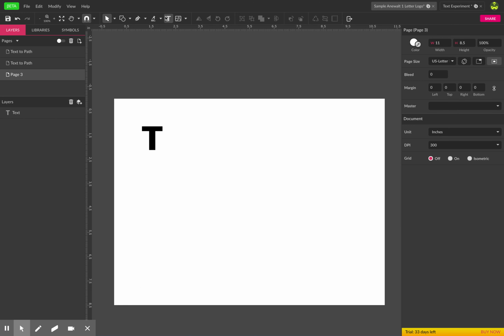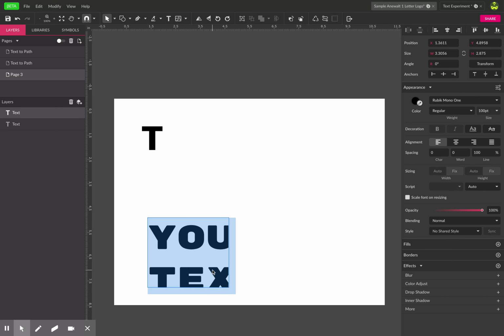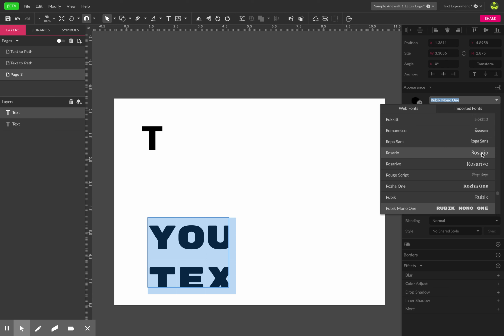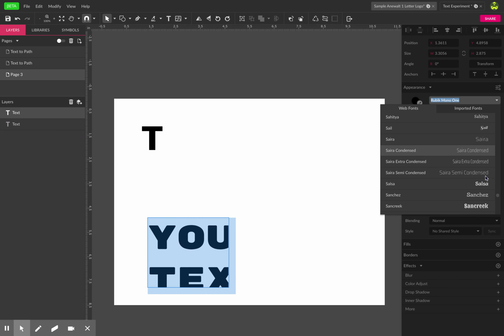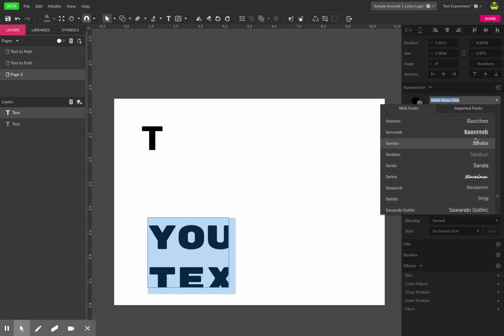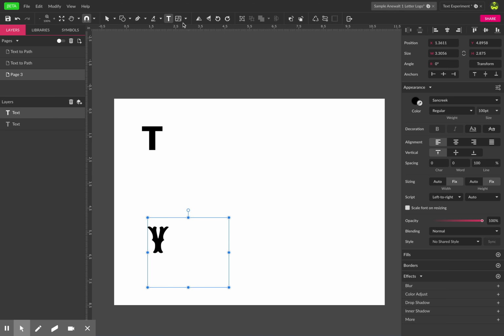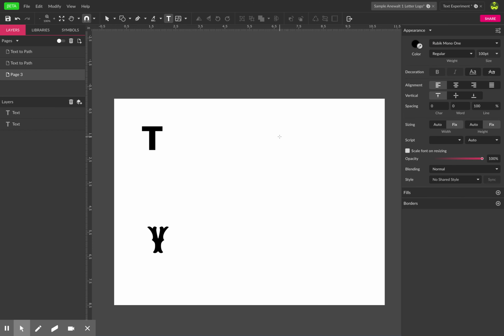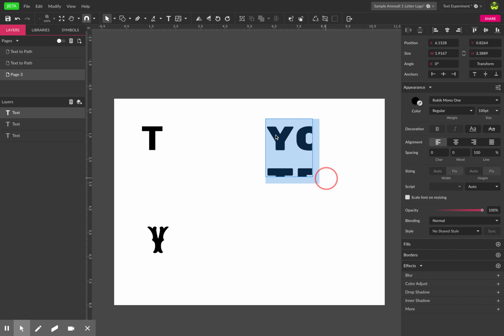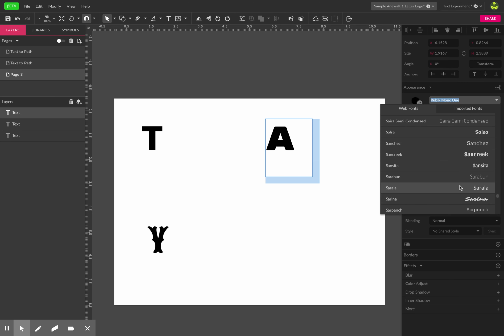And I'm going to do that a couple times. I'm gonna get another letter, drag out a text box, and change the font. Again, I like things that are thick. So I'm just gonna get that one, and let's do a Y. And do another one. Whoops, text box. We might have to switch to deselect, and then another text box, and so an A. Pick four different fonts,